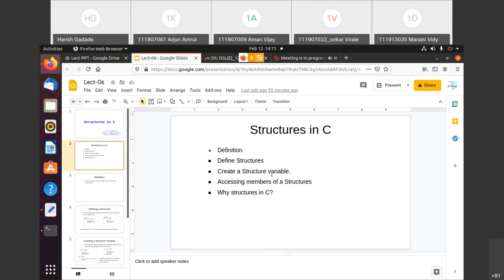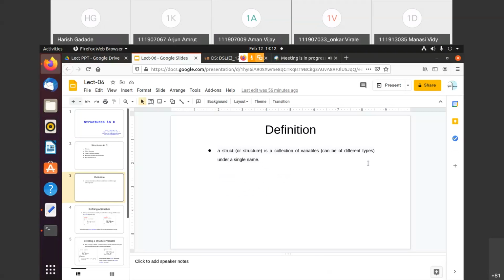So it is a bunching, or we can say a cluster, of different data types. So array is with the same data type, and structure is with different data types. So this is the main difference between the structure and array. Now see, this definition we have already seen.